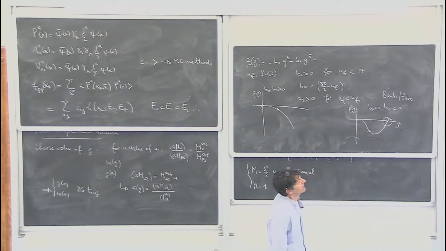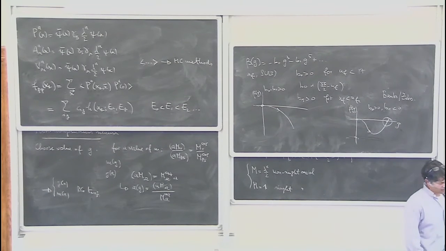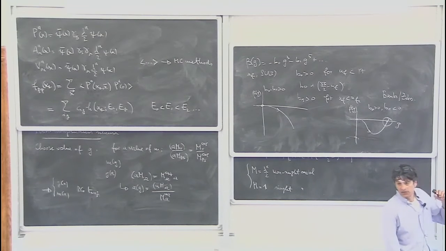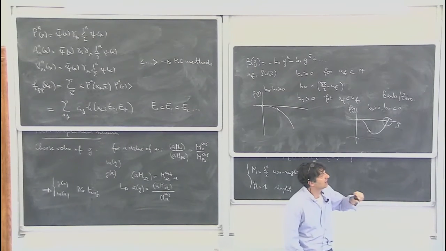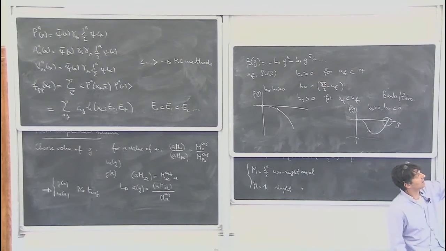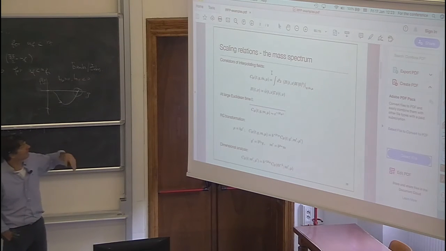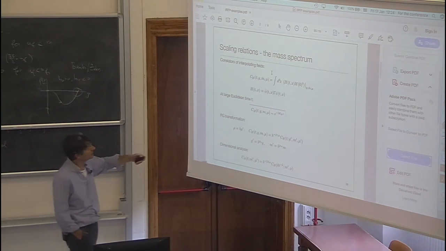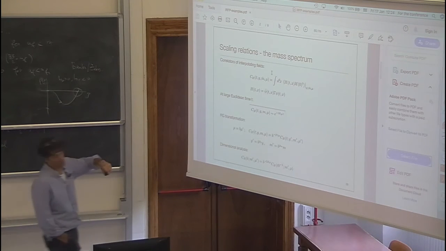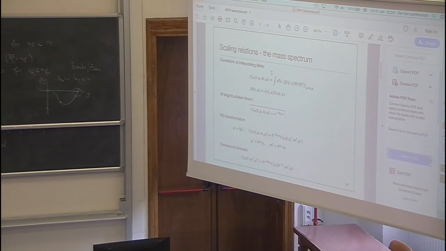look for a fixed point, at least one of the ways that we considered, was to exploit the Callan-Symanzik equation that I wrote down in the second lecture, and try to derive scaling relations for the mass spectrum. So let me talk through how this works. This is exactly one of the correlators that we were discussing here. This H is a generic interpolating field for a hadronic state. So H can be any of these